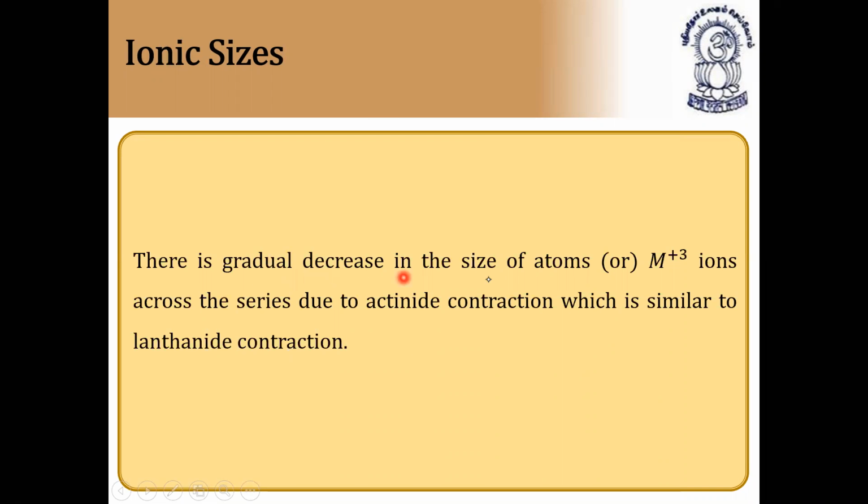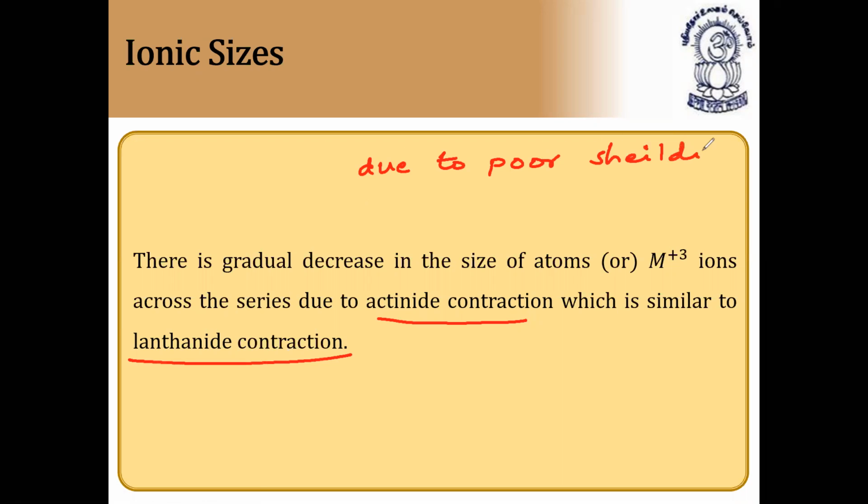There is gradual decrease in the size of atoms or M+3 ions across the series due to actinide contraction, which is similar to lanthanide contraction. Actinide contraction is due to the poor shielding effect of 5f orbitals. Here, note down in your classwork, due to poor shielding effect of 5f electrons, 5f orbital,